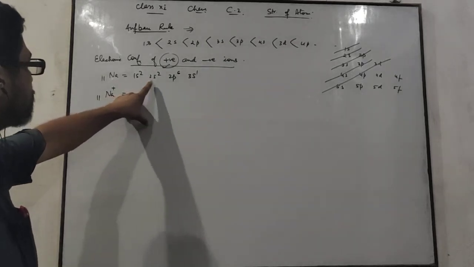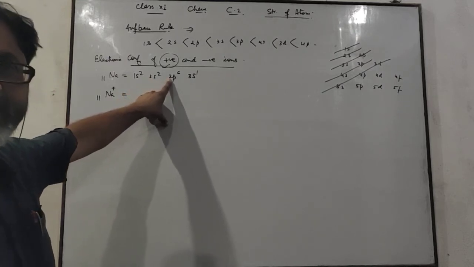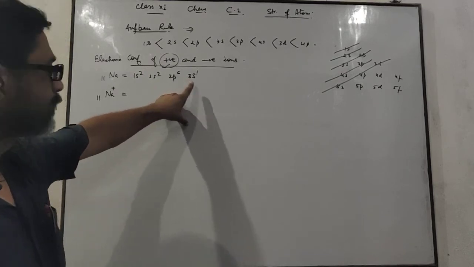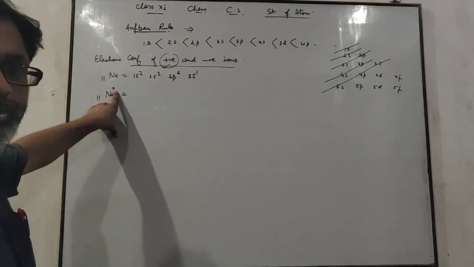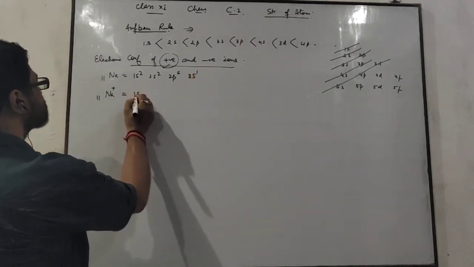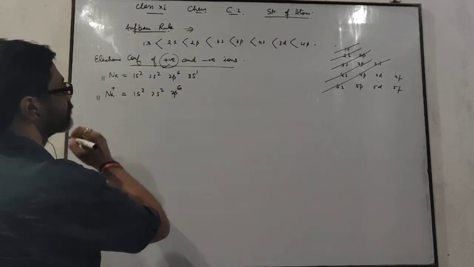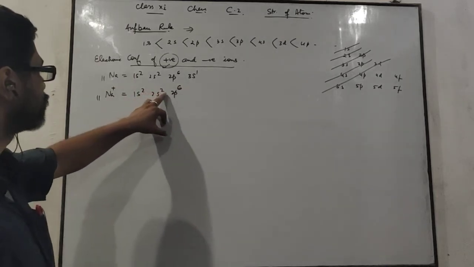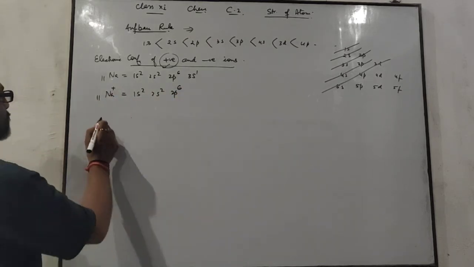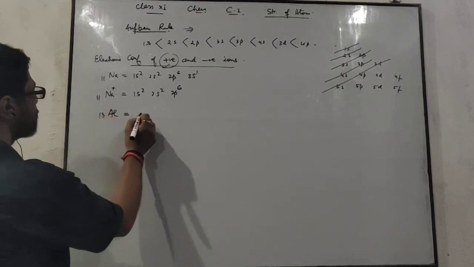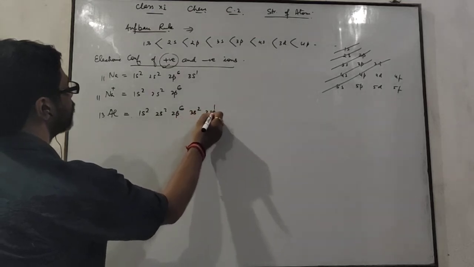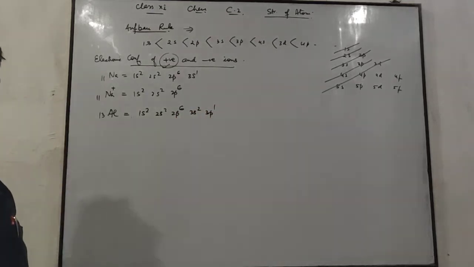This one is the first shell, this one is the second shell, and this one is the third shell. So now I want to remove one electron, and that is from the outermost shell. This means 3s1 is released. Now its configuration becomes 1s2, 2s2, 2p6: 2 plus 2, 4 plus 6, 10. Only 10 electrons are left, due to the presence of one positive charge. Take one more example: 1s2, 2s2, 2p6, 3s2, 3p1. This is the configuration of 13Al.